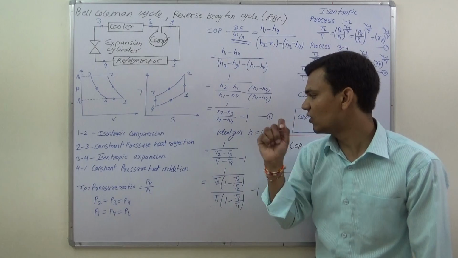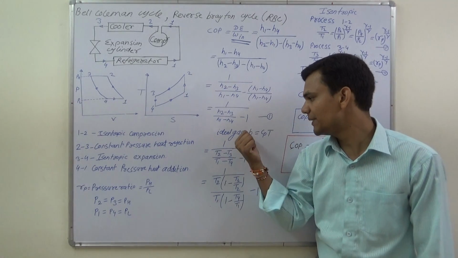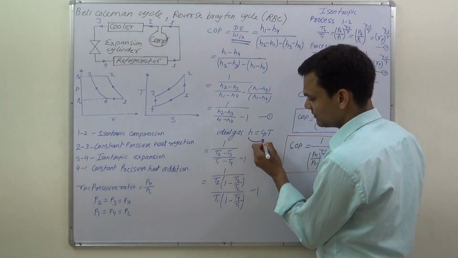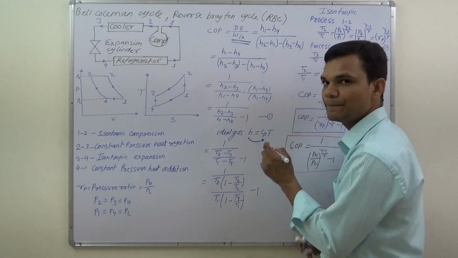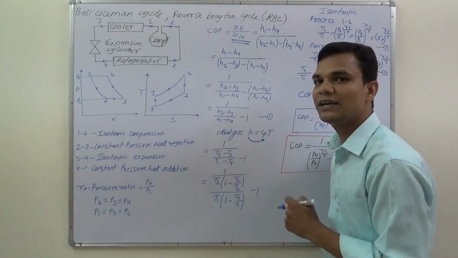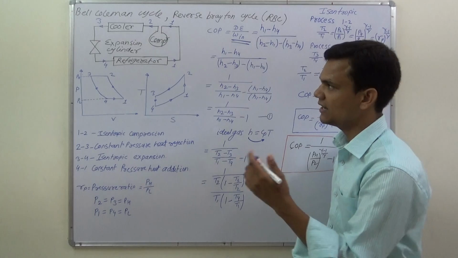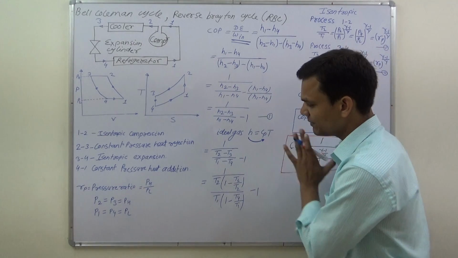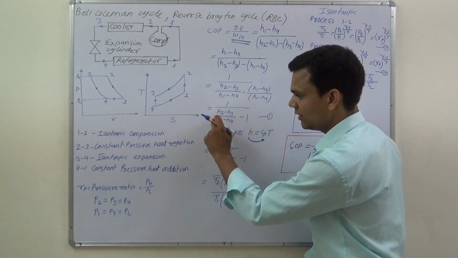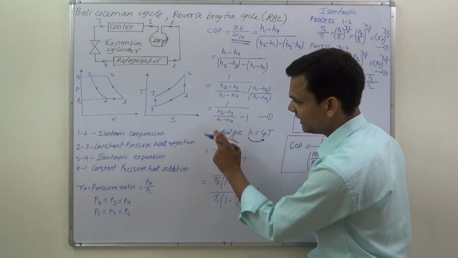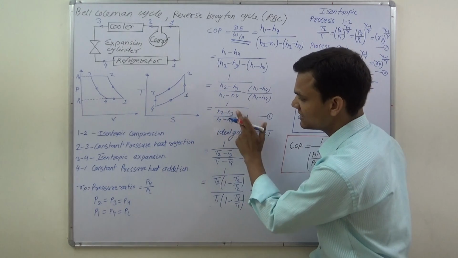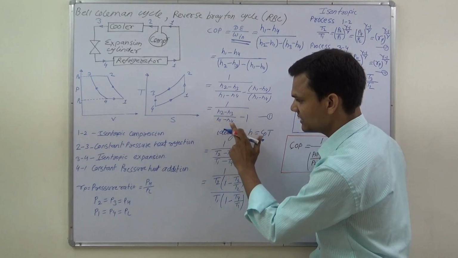And for an ideal gas we can write enthalpy in terms of temperature. So enthalpy for unit mass we can write H is equal to CpT, and the value of Cp will remain constant throughout the cycle, because we are using air here as a working fluid. So Cp in the denominator and the numerator get cancelled, and this term will become in terms of temperature. So I write T2 minus T3 by T1 minus T4.